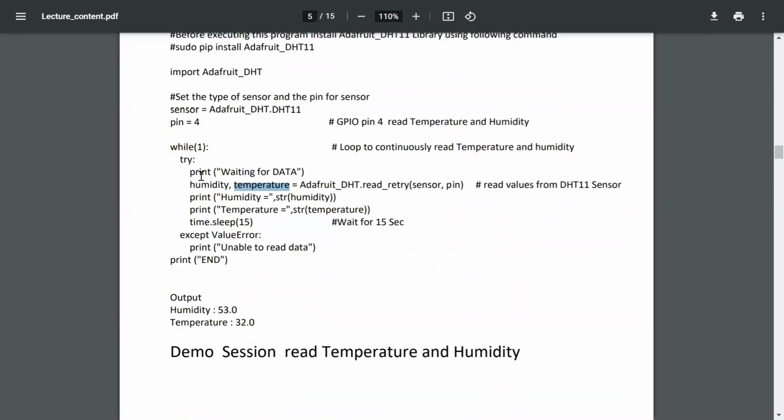Then after getting the values, I just print the values in the terminal, right? Then I have to wait for another 15 seconds to read the next value, right? I enclose this code within a while loop, so this program continuously reads the temperature and the humidity from the sensor. So this is phase one. In this program, we just read humidity and temperature only, right? Now I connect the Raspberry Pi board and we will test the code, right?